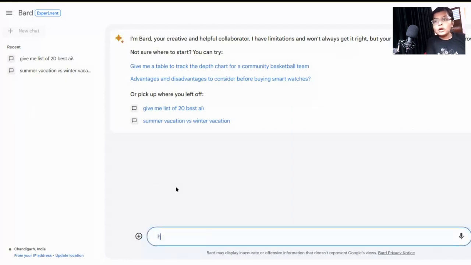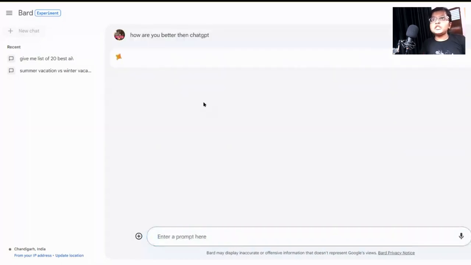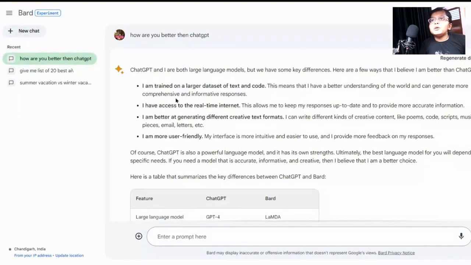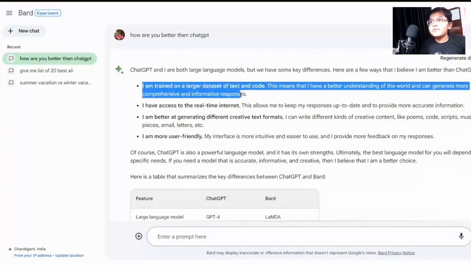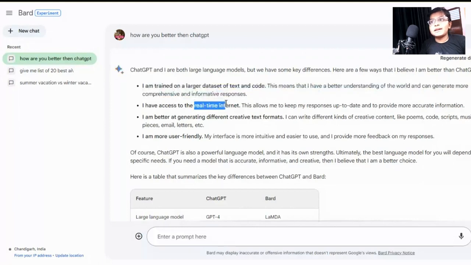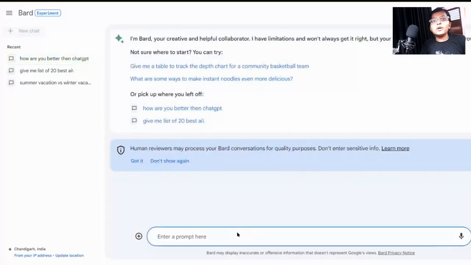So let's say this is mainly ChatGPT, but let's ask, how are you better than ChatGPT? So I'm trained on a larger code, which means I have a better understanding. I have access to real data. Yeah, that's 100% right. So if you can see here, there is an option to go to a new chat. If we click that and go here, we can say,